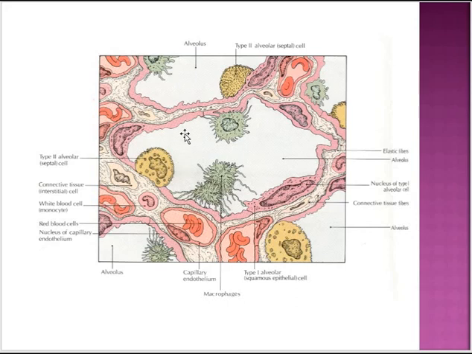But type 2 pneumocytes are cuboidal shaped cells. They form just 5% of the alveolar surface, even though they outnumber the type 1 pneumocytes. And these cells house lamellar bodies in the cytoplasm. They discharge them into the lumen of the alveolus as pulmonary surfactant, a substance composed of surfactant proteins and phosphatidylcholine substances. They will coat the wall of the alveolar airspace, and by reducing surface tension, it assists